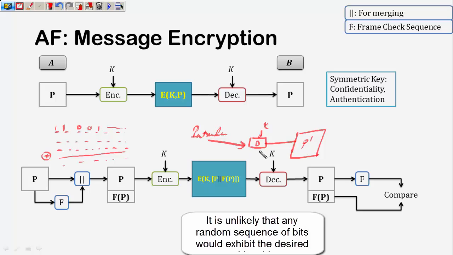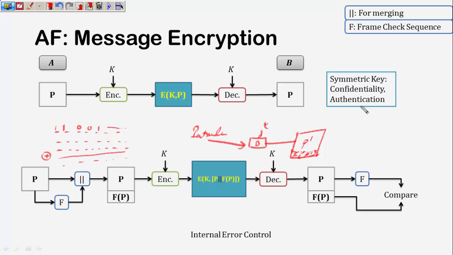Because the intruder's message, when decrypted, will result in some P dash message. In that P dash, you will automatically assume that the last bits are going to be the code. Now, it is very improbable, very unlikely, that any random sequence of bits would exhibit the desired relationship, right? Therefore, this is going to be the f function of P dash. This is very unlikely to happen, and therefore this scheme is pretty much identifying that the message is coming from the authentic source and there is no modification to the message, and therefore the message would be accepted by